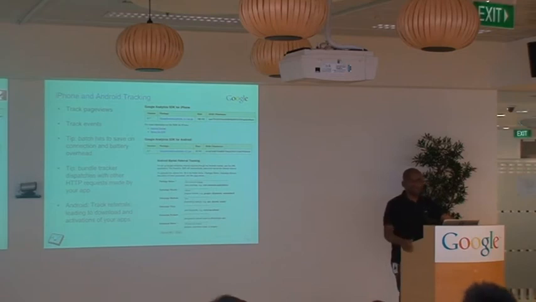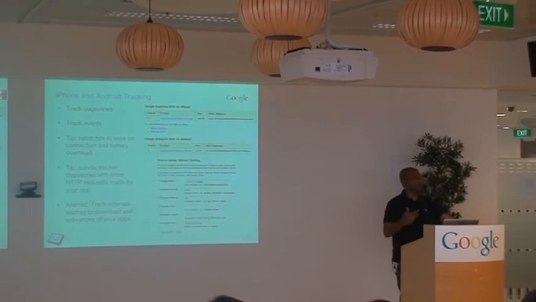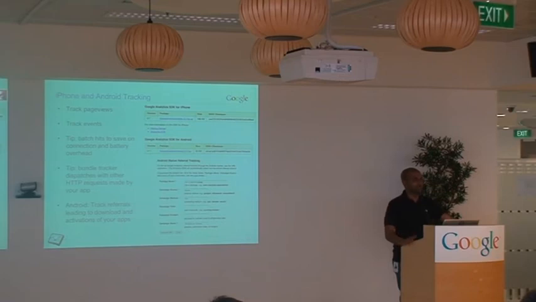So maybe it was a paid ad from Google Mobile Ads, or maybe it was a Twitter campaign, and then Google Analytics can tell you which of these channels led through to somebody discovering your app in Android Marketplace and then actually installing that app on their mobile device. So it's really a powerful way to understand how are people discovering your apps and what more can you do so more users are discovering those apps.